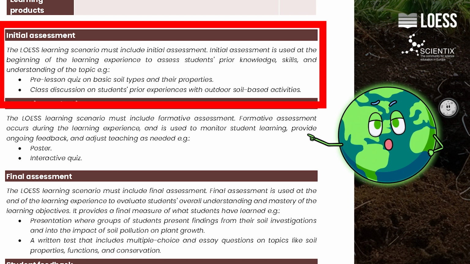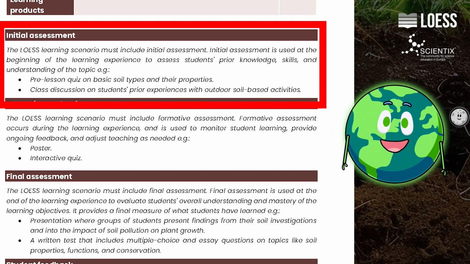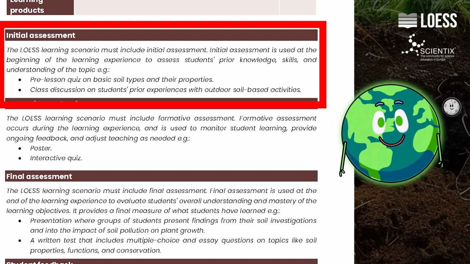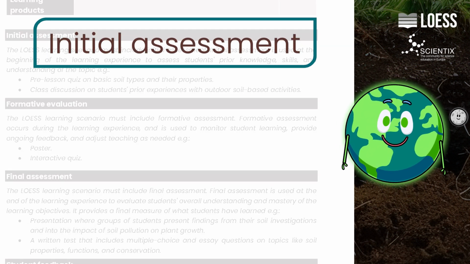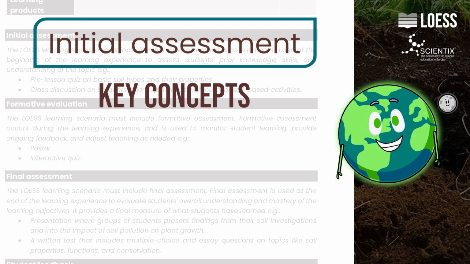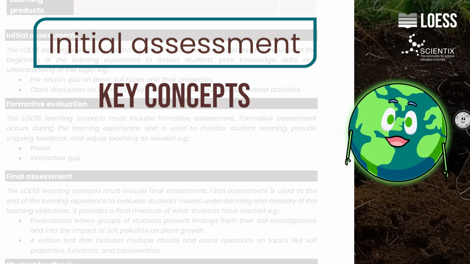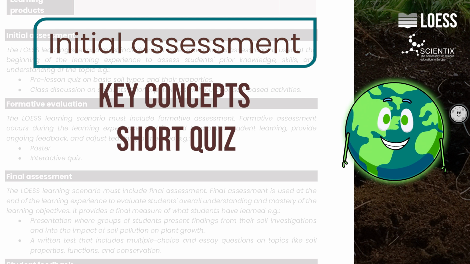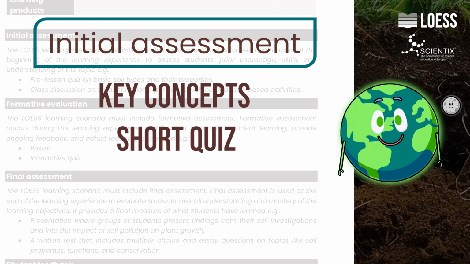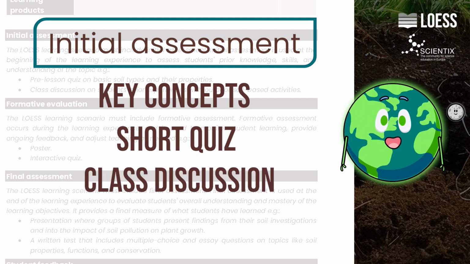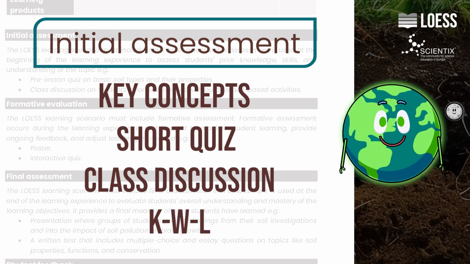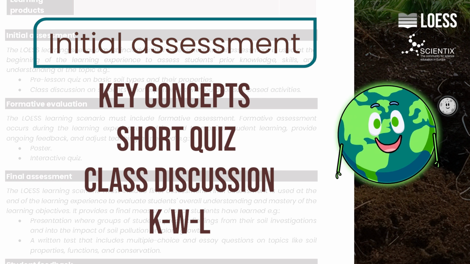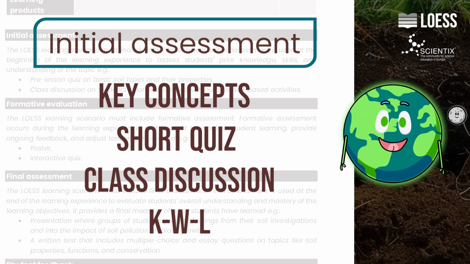Before you begin your lessons, it's important to assess what your students already know. This initial assessment helps you understand their prior knowledge, identify gaps, and tailor your teaching approach. To complete this section, think about the key concepts students should be familiar with before starting. You might use a short quiz on basic soil types, a class discussion about their past outdoor experiences, or even a simple KWL chart where students list what they already know, what they want to learn, and later what they